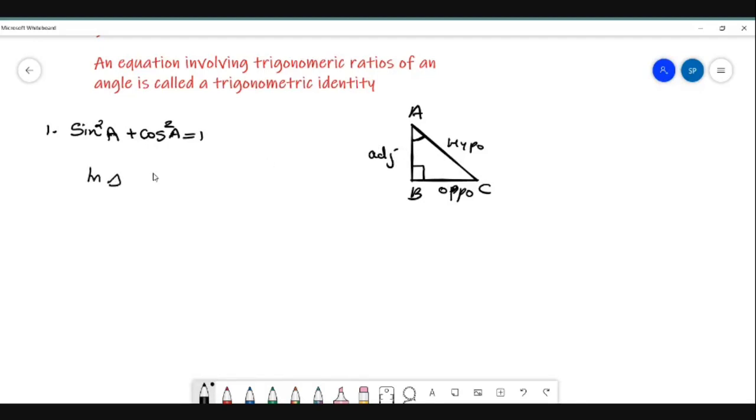Now, let us start. In triangle ABC, we have angle B equal to 90 degrees. Now we apply the Pythagoras theorem. What does the Pythagoras theorem say? Hypotenuse square equal to base square plus altitude square, or the sum of the squares of the other two sides. We can consider AB as the base or BC as the base. Whatever it is, the square of the length of the larger side is equal to the sum of the squares of the other two sides.